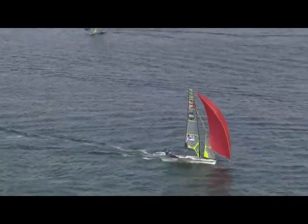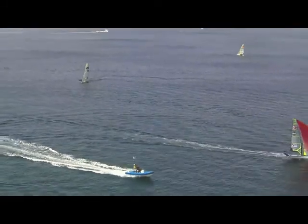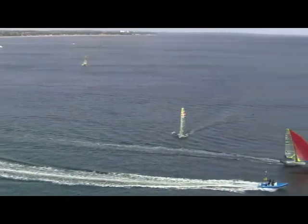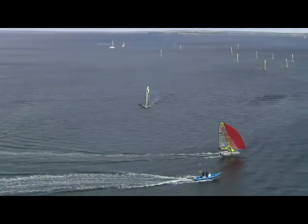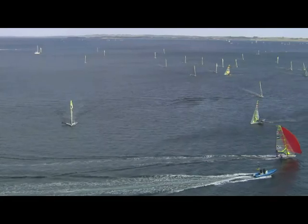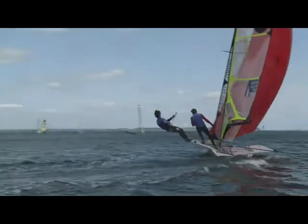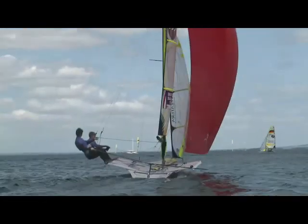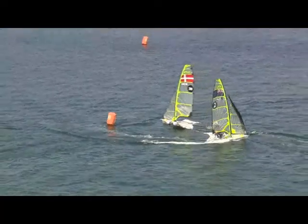And it looks like there's nice breeze in front of him. It looks like there's currently some gusts pushing down that covered side on the right-hand side. They've got to be careful, though, not to go too far into that breeze. So that camera is looking down from a tower block, and that same tower block would be putting some shelter on this side of the course. So that's probably why he's driving away there, because there's potentially a wind shadow underneath the tower blocks on the edge of the city. So they're going out to sea there, still nicely ahead of the next boat,